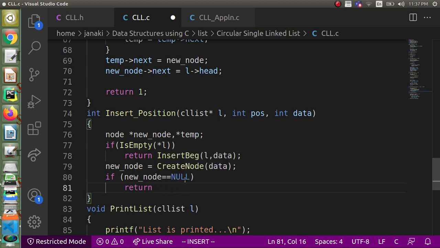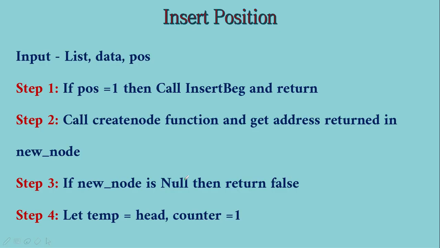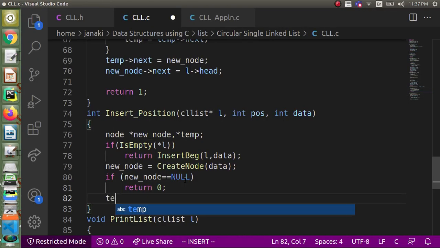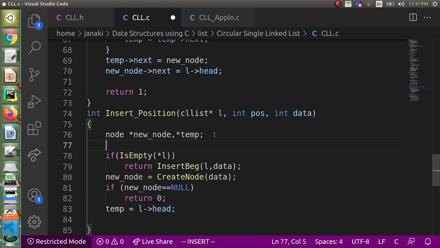Sorry, false is not available in C. Bool data type is not supported, so I am returning 0. Otherwise, we are going to make temp equal to the head of the list, right? So L head. And you are going to have a counter also. I need a counter, so let us declare an integer variable and assign the value of 1,